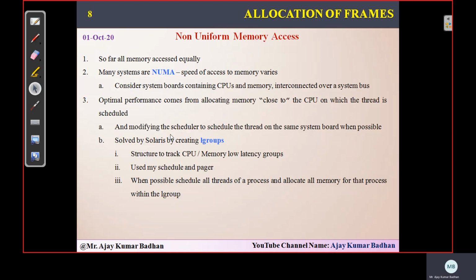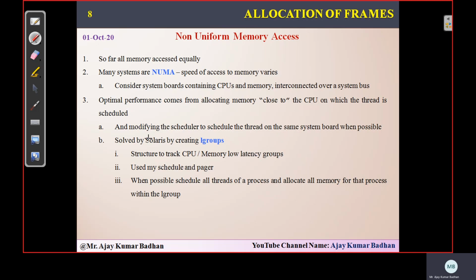Then we have something called non-uniform memory access. This is related to a type of system where the speed of accessing memory will vary every time. It's not that a consistent speed will be maintained here. Every time the speed will keep on varying. For example, for your system, you may be adding multiple CPUs and performing the operation. Since you are adding multiple CPUs, the speed will increase. Why? We have a lot of memory there, a lot of main RAM, and a hard disk. So automatically your speed will keep on increasing. Here the effective access time is not perfect. It will keep on fluctuating, high and low in this way. That is what we call NUMA, non-uniform memory access.